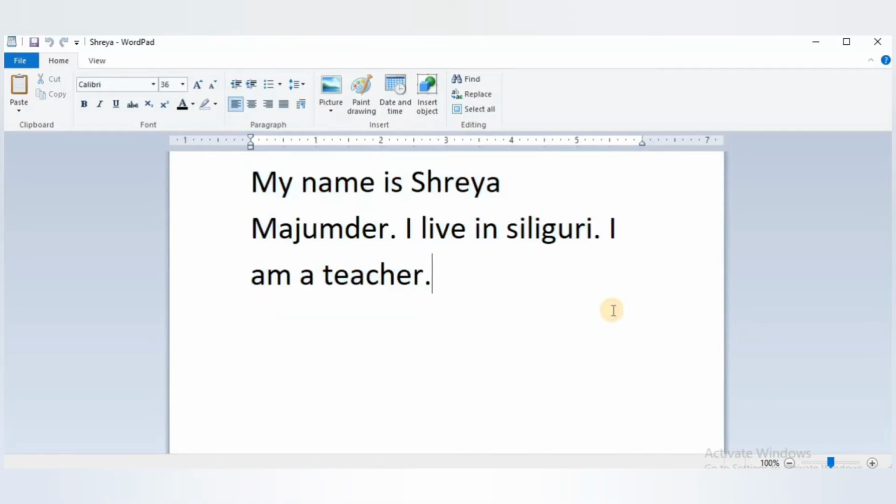Now suppose I want to select few lines or one line of my own choice. Simply I will click my cursor to the place from where I want to select. Suppose I want to select I live in Siliguri. This is my cursor which is moving. I will click it here. Insertion point will appear. Then I will simply drag it and I will be able to select the portion that